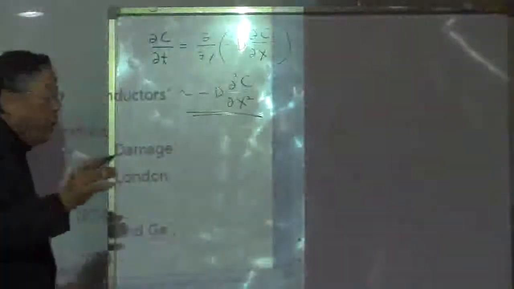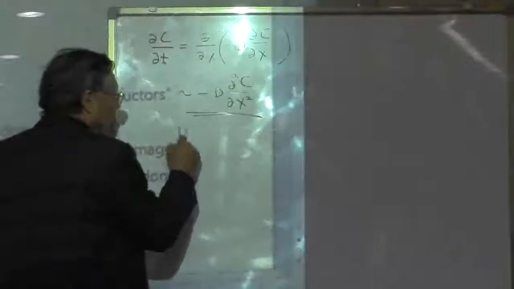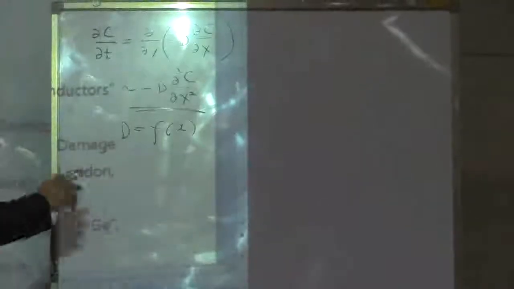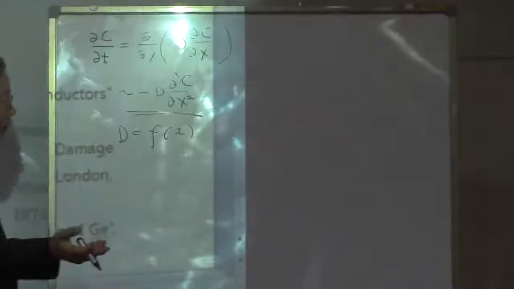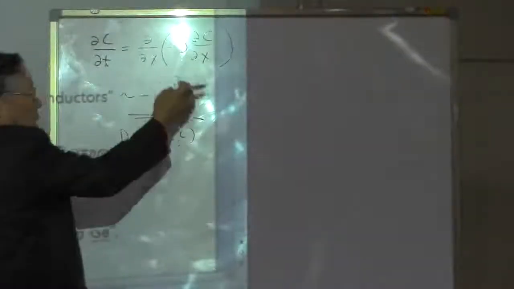We can approximate to this part, but if it is heavily doped, so that the diffusion coefficient is a function of diffusion length or the dopant concentration or the time of diffusion, then this thing cannot